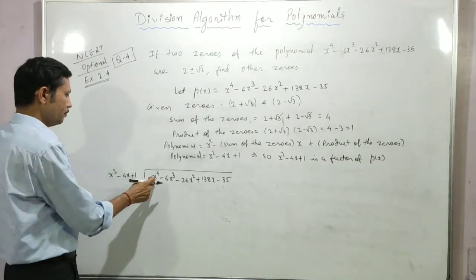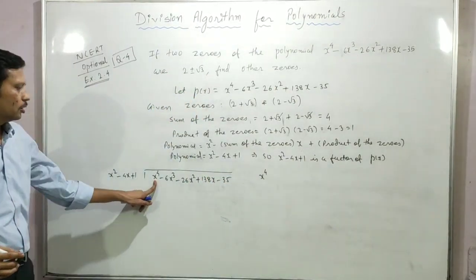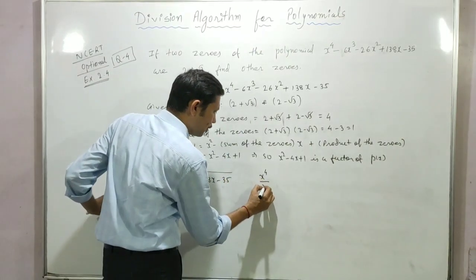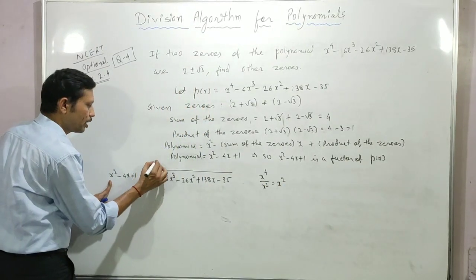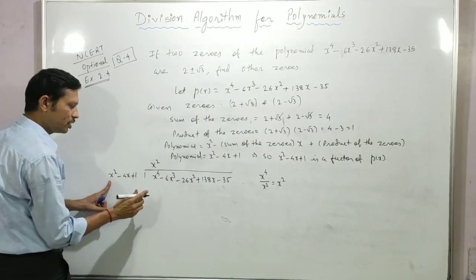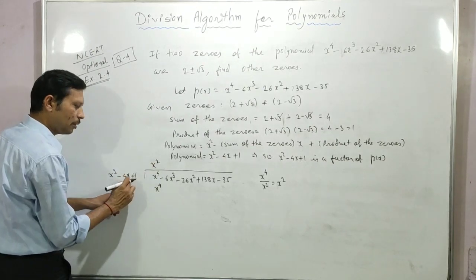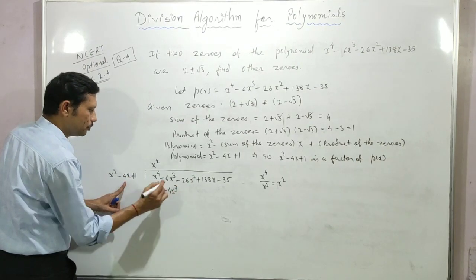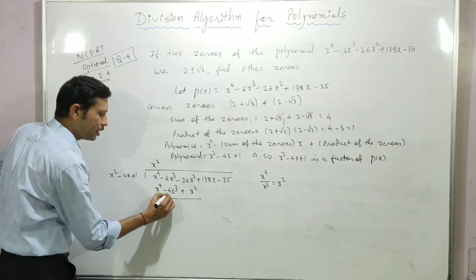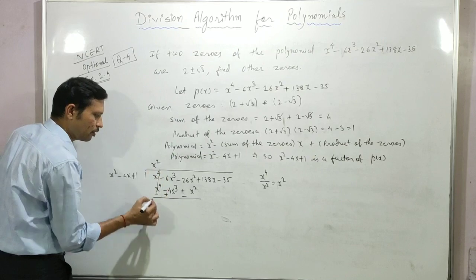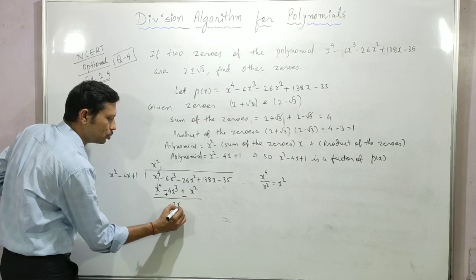Now do the division. The first term of the quotient we get by dividing the first term of the dividend by the first term of the divisor. From the 4 I subtract the 2 powers, so the rest is x to the power 2. X square multiplies with all the 3 terms. X square times x square, x to the power 4. X square times 4x, minus 4x cube. X square times 1, plus 1x square. Plus becomes minus, minus becomes plus, and plus becomes minus. This one will be cancelled out. And these are the like terms, so subtracting 6 and 4, that is minus 2x cube.